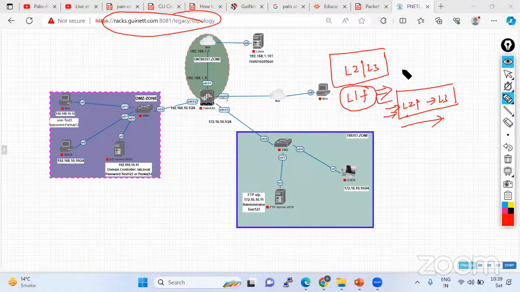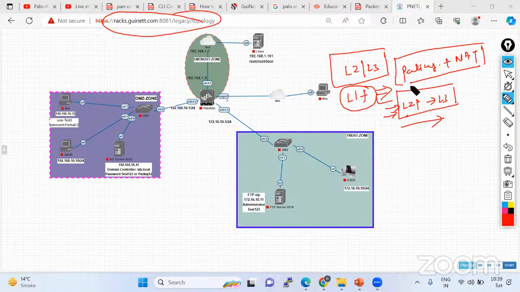Hey, I can also create the policy. I know how to create the policy. I can also create the NAT. Maybe within your organization, you're not promoted to the L2 or L3 role for a certain period of time, but at the same time, if you have this much knowledge while working as L1, and you're applying for the